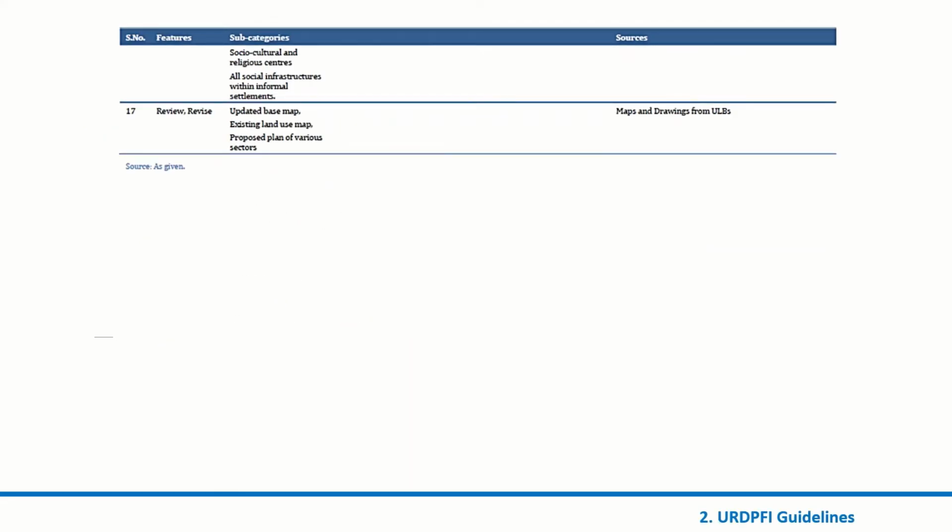Okay, so that's about the guidelines and the data that is mentioned in the URDPFI guideline, so as to proceed with. See, my suggestion is you should look into this guideline and then see what specific data set you can narrow down and then collect information on. Okay, so there are many things mentioned here. We don't have to look for multiple sources. You just go to the URDPFI guideline, and even for, let's say, how to conduct a survey, there is a chapter on how to conduct a survey.